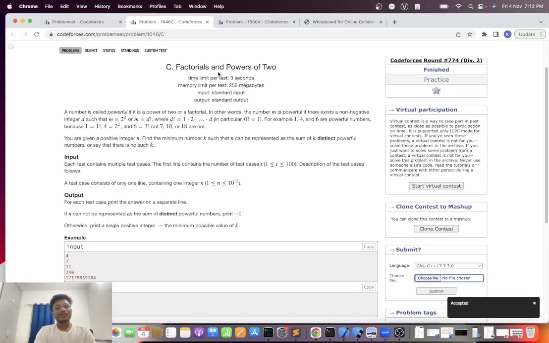So okay, factorials and power of 2. This is the third problem. A number is called powerful if it is a power of 2 or a factorial. In other words, the number m is powerful if there exists a non-negative integer d such that m can be 2 to the power d, or m can be the factorial of d. In particular, 1, 4, 6 for example are powerful numbers. You are given a positive integer n. Find the minimum number k such that n can be represented as the sum of k distinct powerful numbers. Okay, so what we need to do is,